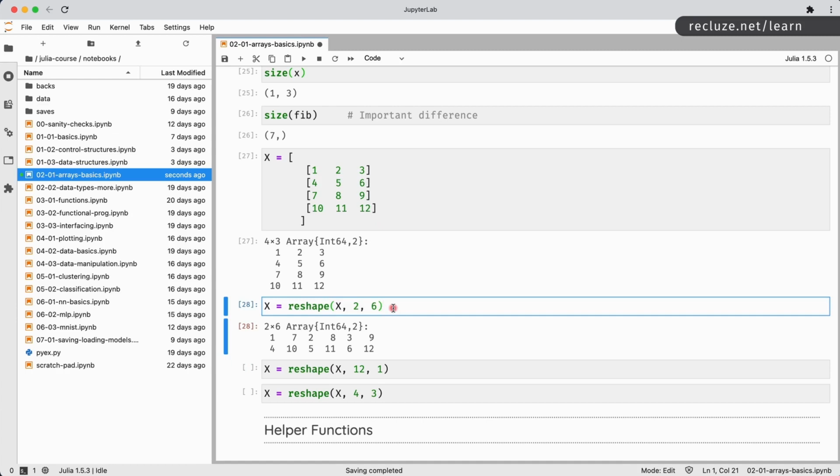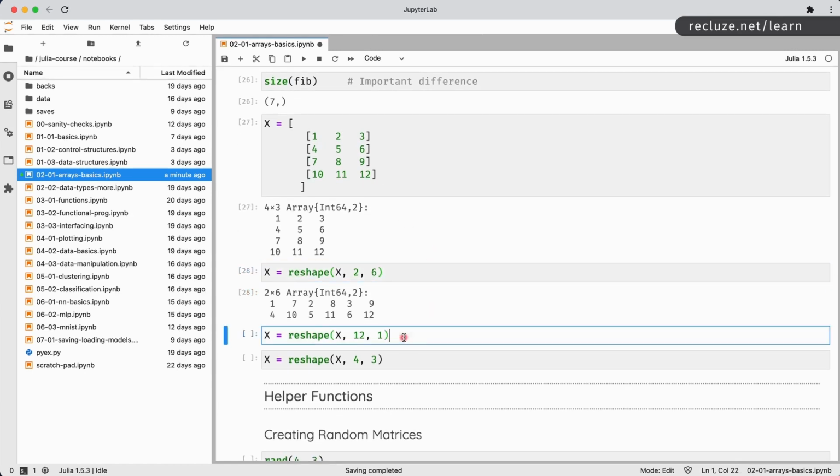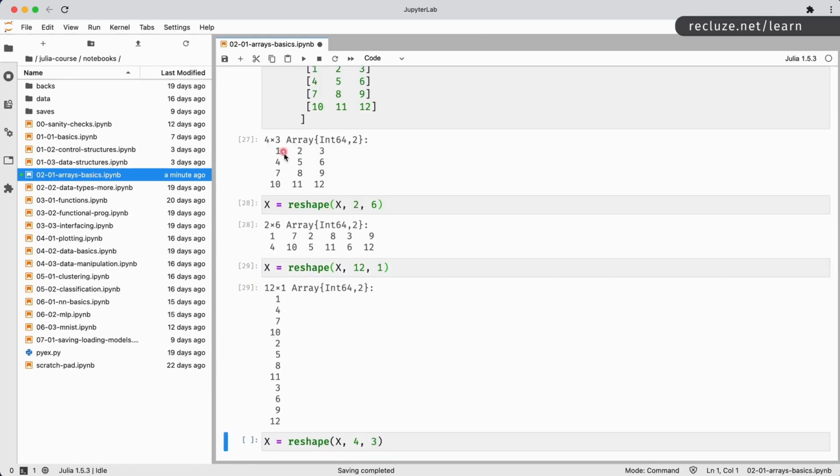It's going to convert the 4 by 3 array into a 2 by 6 array according to this rule. It goes from left top to bottom and then to the right, right? So that is how it goes. We can reshape this to a 12 by 1. So it goes 1 4 7 10, 2 5 8 11, 3 6 9 12, right? So that is how this goes. So top left, first it goes down, then it goes right, and then down, and then right, and then down. That is how reshaping works.